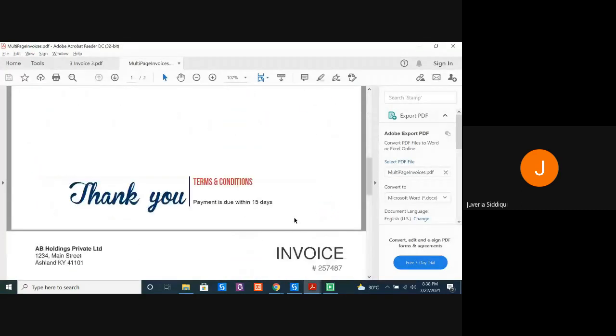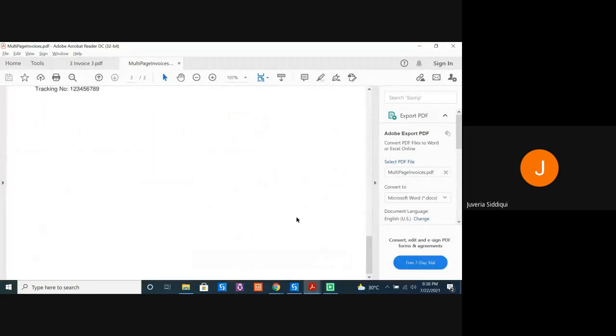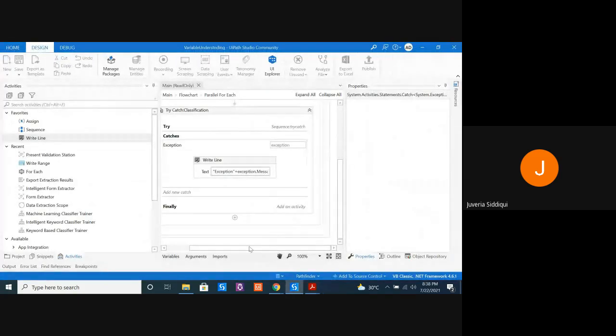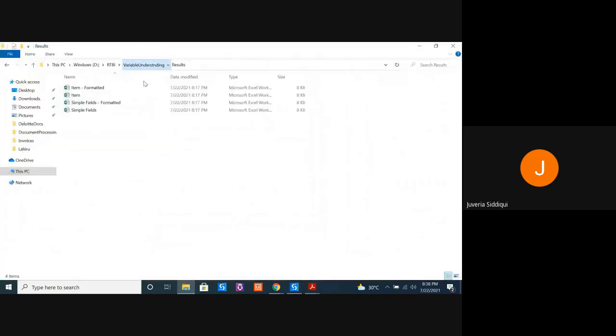So it's giving text. Right, let me stop this. Let me put this document in the junk.